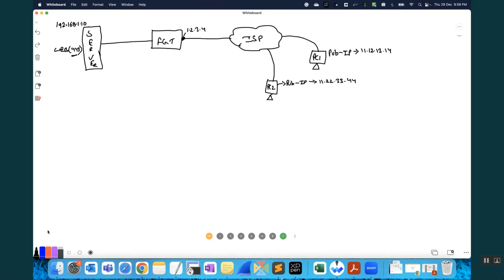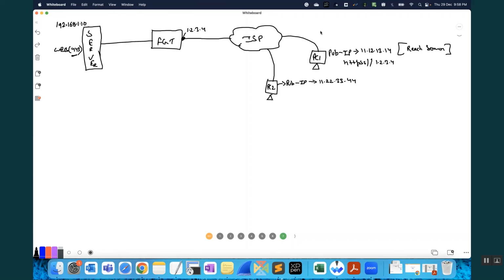First thing, from PC1, I want to reach the server. Clear? Okay, so what I will do, I will access it in this manner: HTTPS 1.2.3.4. Fine?